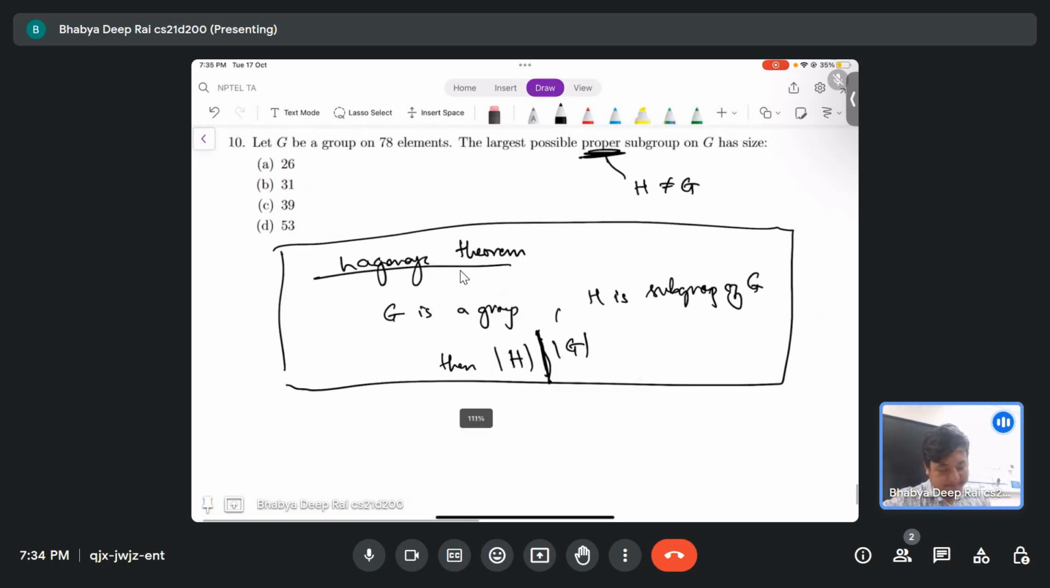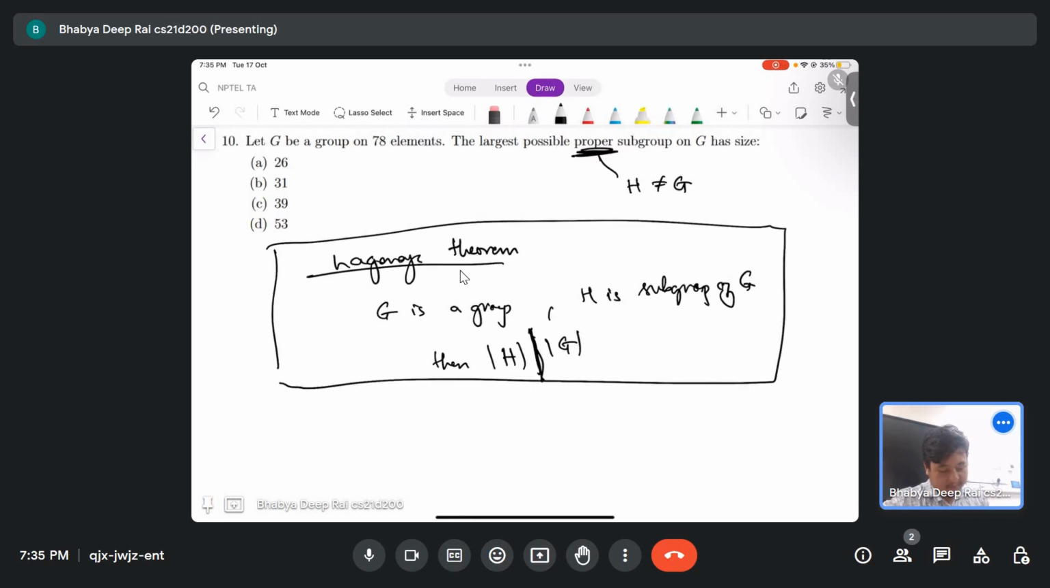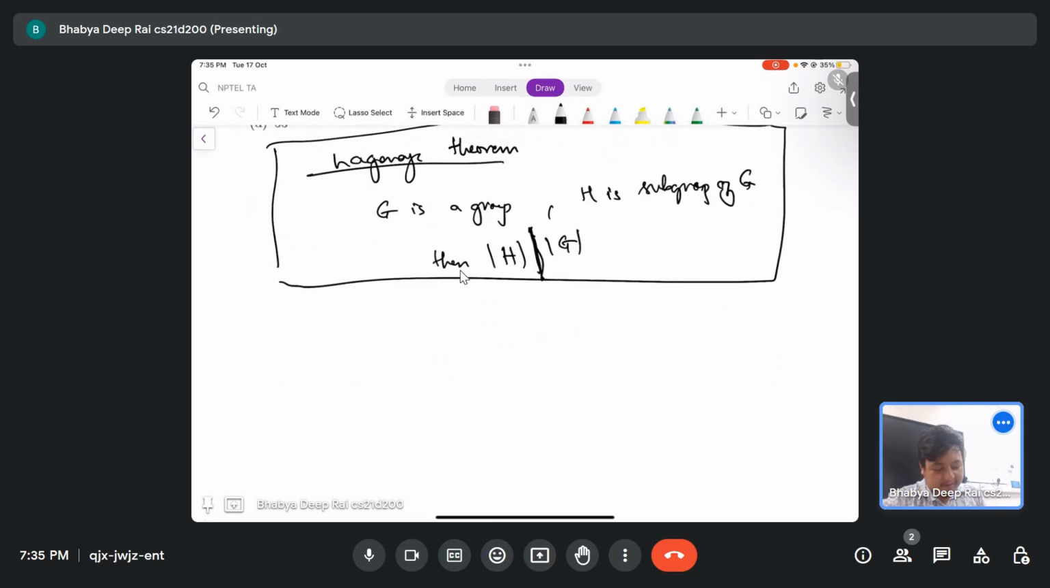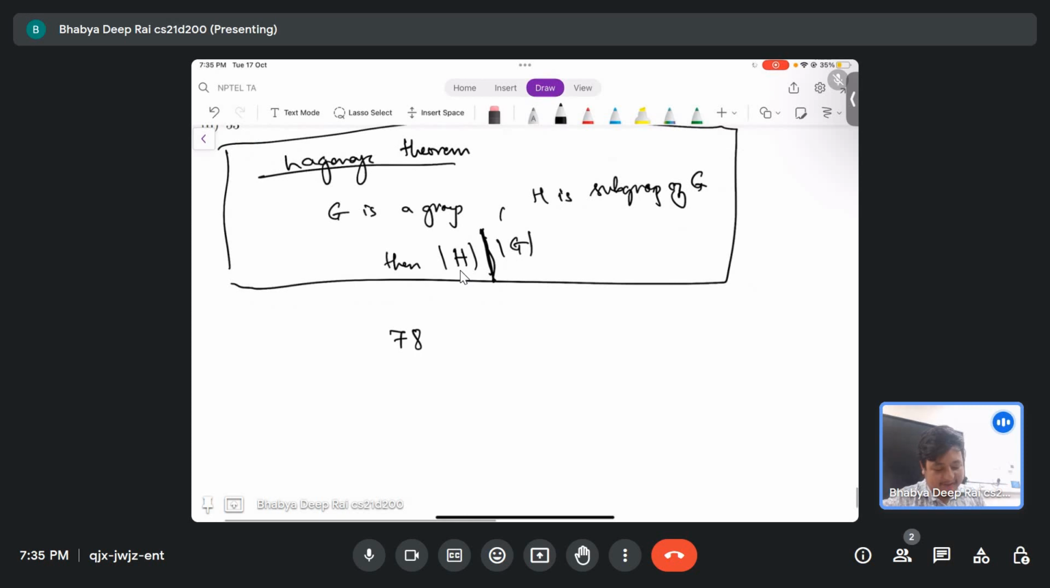Well, the subgroups of G are just subsets of G, and we know by Lagrange's theorem that the size of the subgroup will divide the size of the original group. So if the group has size 78, the subgroups can only have certain sizes. Could have 2 because 2 divides 78. Could have 1 because 1 divides 78. Is it divisible by 4? It is probably not divisible by 4, but it is divisible by, say,